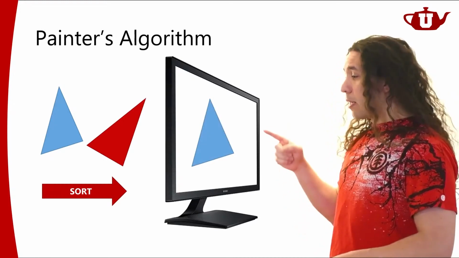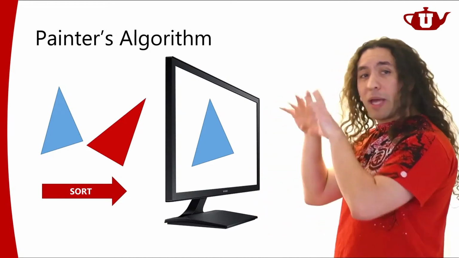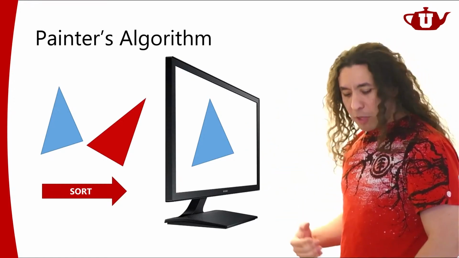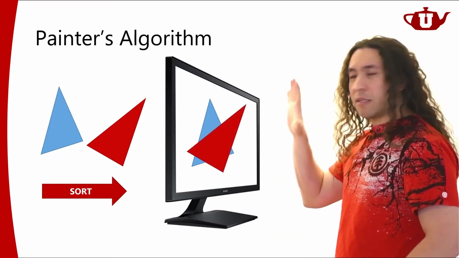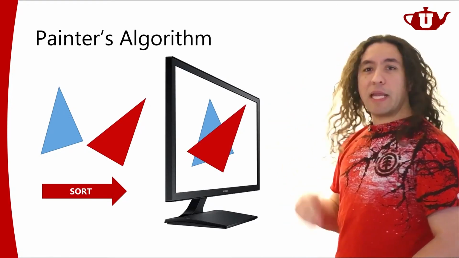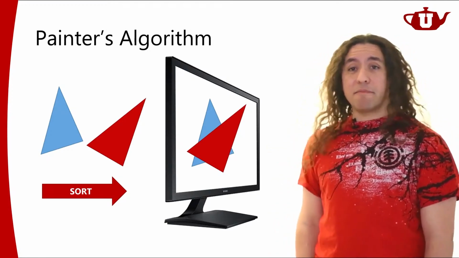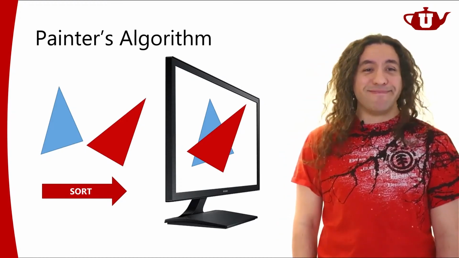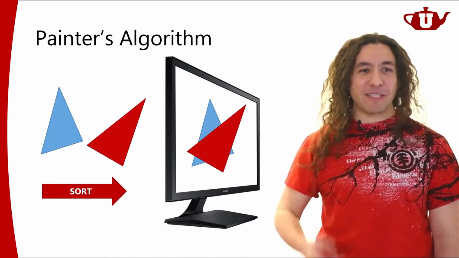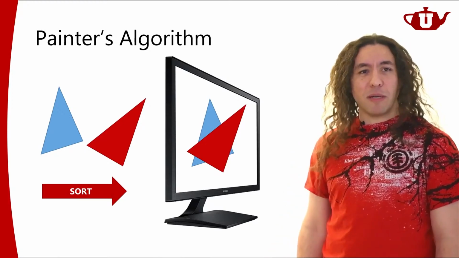And we know where the blue triangle is in the canonical view volume, so we can tell where it lands on the screen. And we can paint those pixels that correspond to that triangle area, right? And after that, we're going to take the red triangle, and we're going to paint it on top of the previous one. And this is how we generate an image using the painter's algorithm. This is all good. Of course, the problem is the same problem that the painters face. That is, you paint something and then you paint over it, right? So it kind of looks like wasted computation, but at least you generate a proper image.